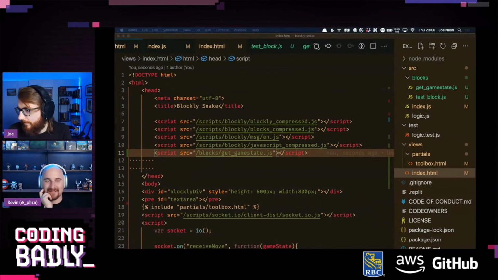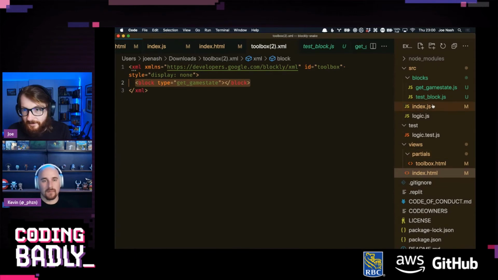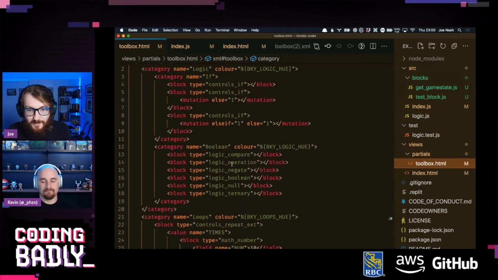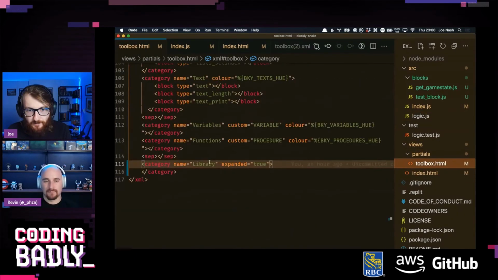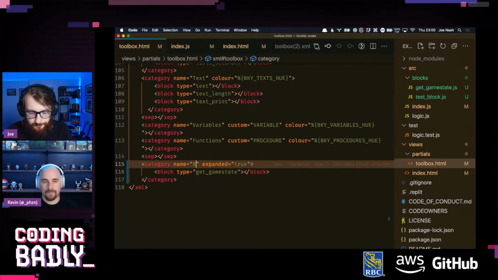Wow. Yep. It is a process. Thank you for joining us for this process, everyone. And then I scroll down to toolbox.xml. And I just open that. I don't know why I bothered to do that, because I could have just worked that out myself. And then we go to our lovely, huge XML file, and we'll just throw it in the library, which I'm going to rename to Battlesnake. Nice. Okay.